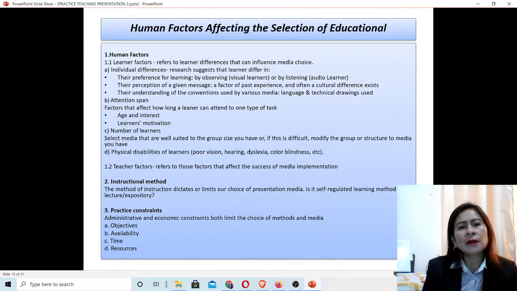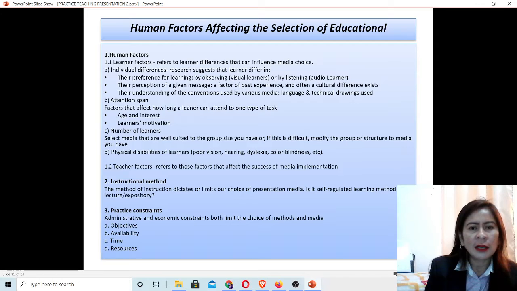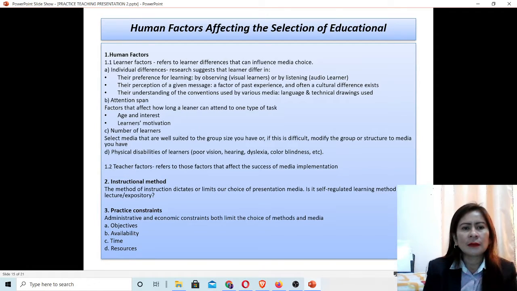Next, human factors affecting the selection of educational media. First is human factors. Learner factors refer to learner differences that can influence media choice. A. Individual differences. Research suggests that learners differ in their preference for learning by observing, visual learners, or by listening, audio learners.